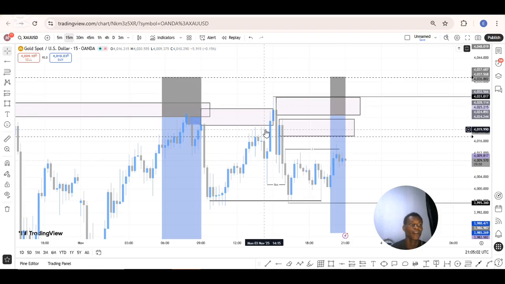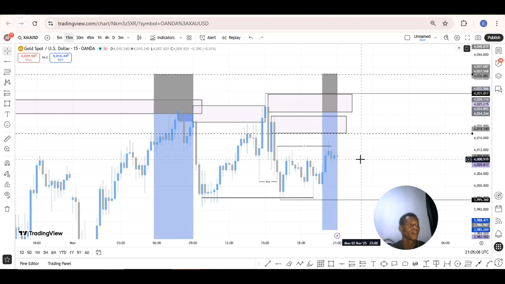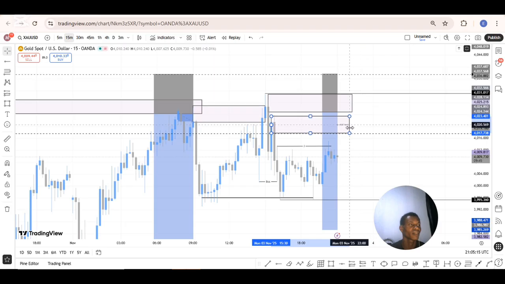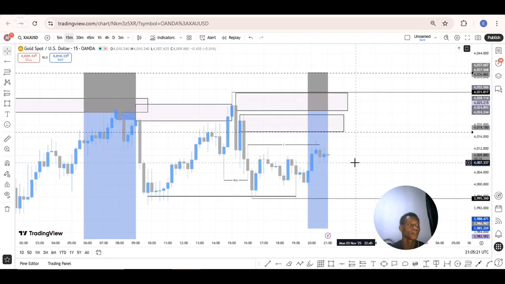because right now I'm broke, and I really needed money. But anyways, the trade is actually still valid, but I'm also looking to take another trade setup at this point right here. So I'm still hoping to take this position. The trade was valid, but my account size was too small.